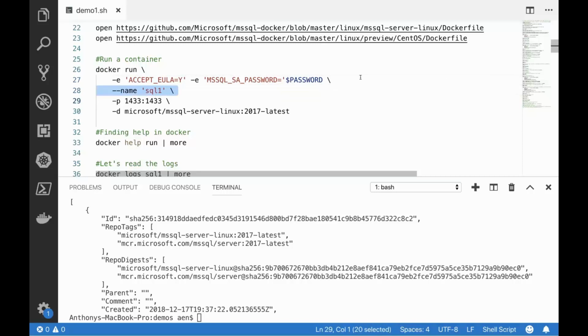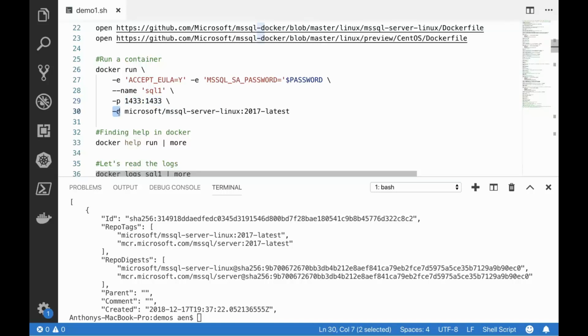I'm going to give my container a name because I want to be able to address it easily. I'm going to call it SQL1. I'm going to expose that container on a port on my system. Initially, I'm going to expose it on 1433 so that other systems can interact with this container image on that port on my network. Inside the container, that application is going to live in 1433. Because of those namespaces that we talked about, they have their own view of the world. And so container applications will write to their own TCP ports inside the container. And that's going to pop out of the container on the local port on my underlying OS. So that's what -p does there, maps that out to the underlying operating system.